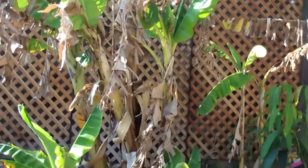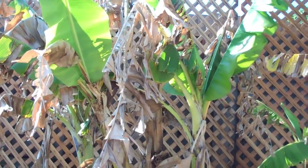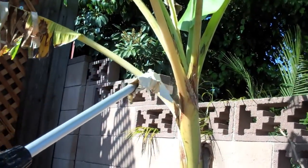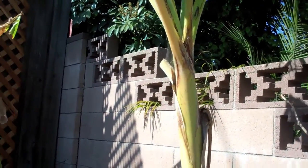what I use this for is to trim my plants that are looking beat up. So I'm just going to get in there and I'm going to show you me cutting a leaf. It's actually pretty easy with a banana leaf and a bread knife. Okay, so here I am. Here's a leaf. It needs to be cut. It's pretty beat up. Just pull it back. Very easy. Okay, so